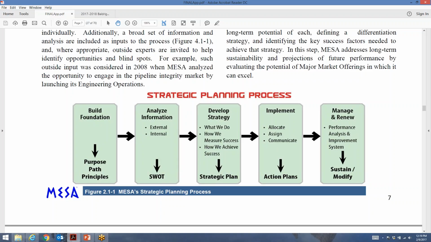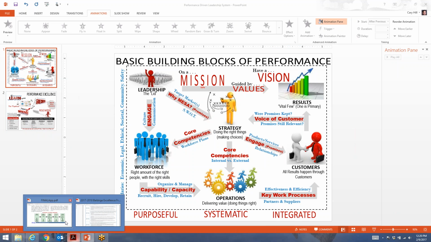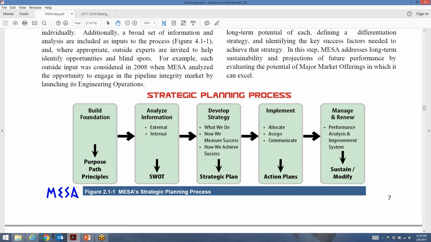So not only the process for developing strategy, but also the process for implementing strategy. And if you can show the connection, because remember that strategic planning process, it's going to touch how I develop products and services for my customers, how I engage them, how I identify and develop core competencies and work through my key processes, what I do with my workforce. So for that strategic planning process, you really need to make sure that you're showing that as the hub for all those other things that are going to happen.